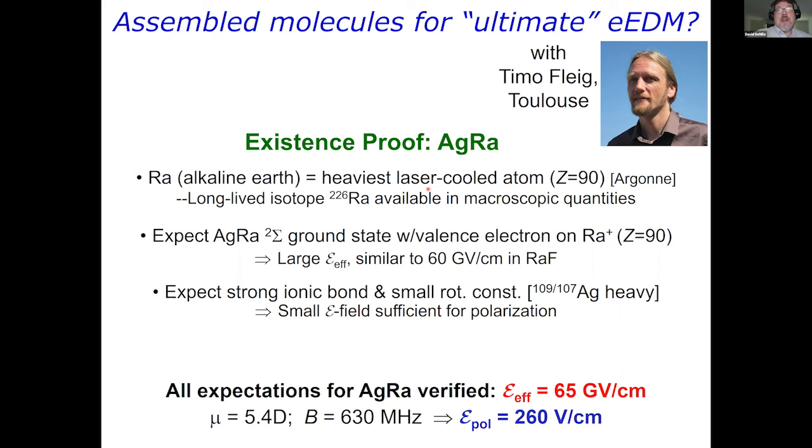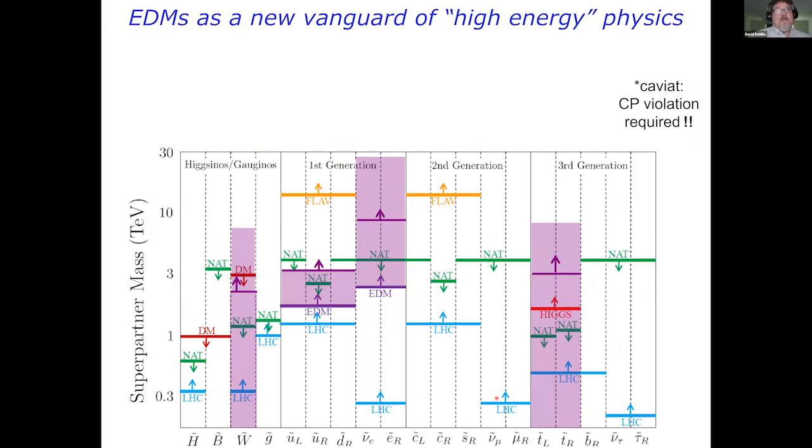So Timo's calculations have shown us that the effective field in this sort of molecule is 65 gigavolts per centimeter, and it only takes a couple hundred volts per centimeter to effectively polarize it. So we're excited about the prospects for using this as a different way to do this sort of ultimate EDM experiment. And with that, I'll just wrap up and use this figure again to try to emphasize that